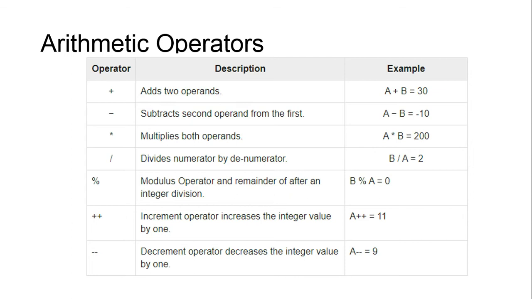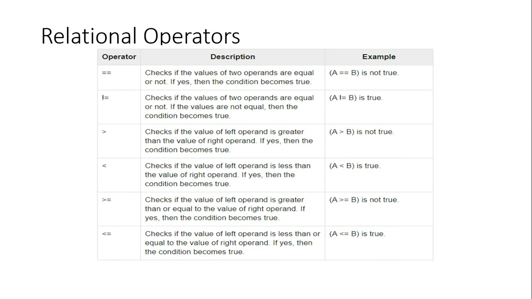And the second one is the relational operators, which compare two operands. It is also a binary operator because I am using two different operands, a and b. For example, a equal to b is not true. So what is the result of a equal to b? It gives a 0 or 1 integer value. If 1, the corresponding comparison is true; 0 means it is false. So that is the integer result of the relational operator.